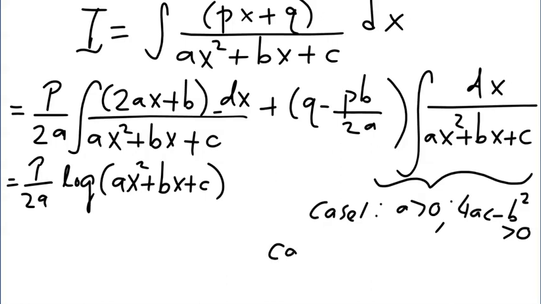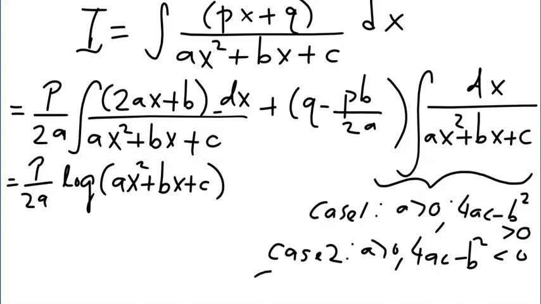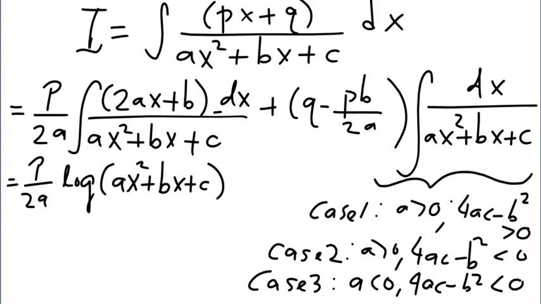Then you have case 2 where a is positive but 4ac minus b squared is negative. And case 3 is where a is negative and 4ac minus b squared is also negative. So I urge the viewers to refer to that video to get a detailed explanation of how to handle this